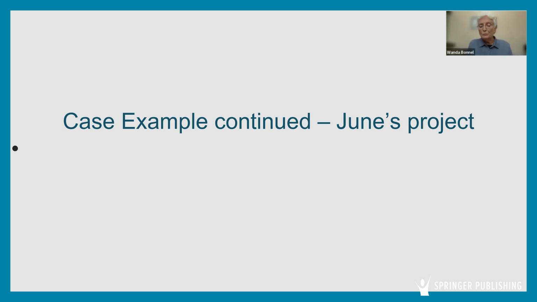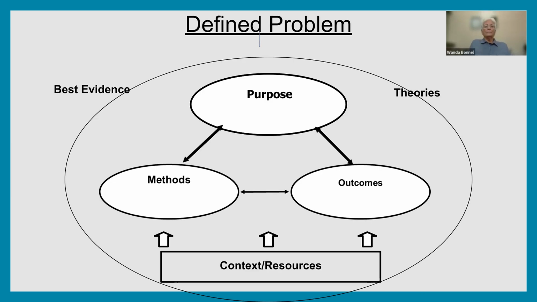Case example, June's project continued. Let's go to our next slide, please. Why, there's a surprise. There is our project triangle again. And we will bring back June. You remember June was our GNP who was worried about communication between the nurses and the providers in the long-term care setting. And her purpose and methods and outcomes, as we've talked about, were all implemented in her DNP